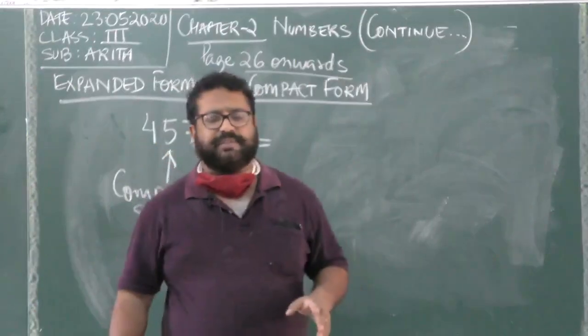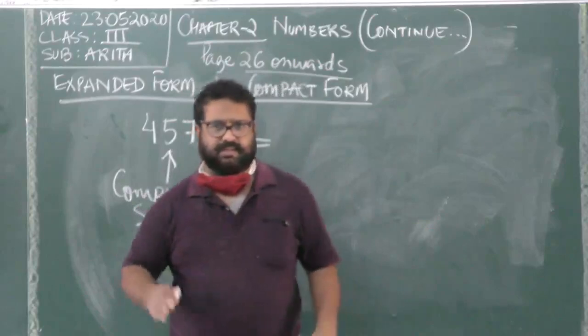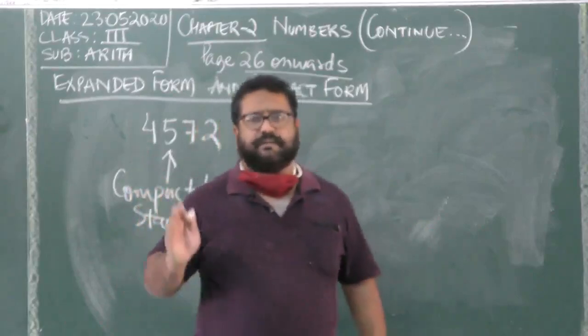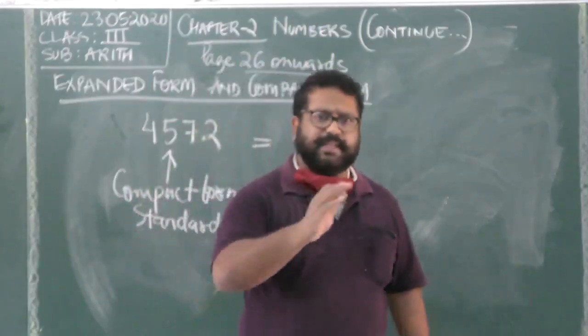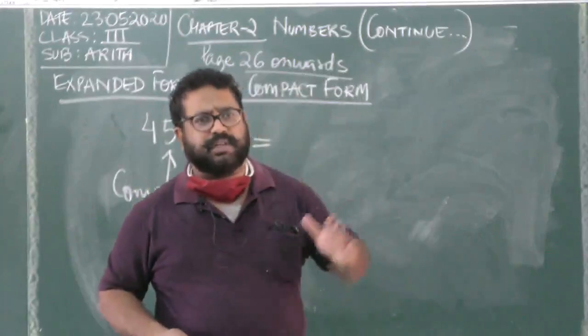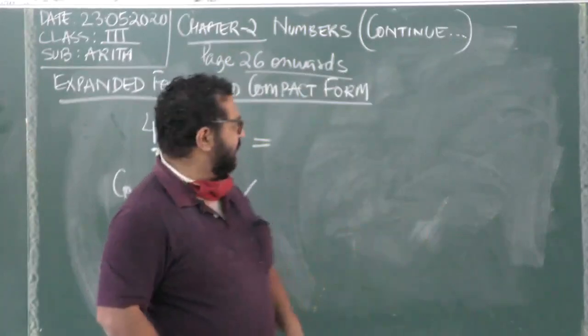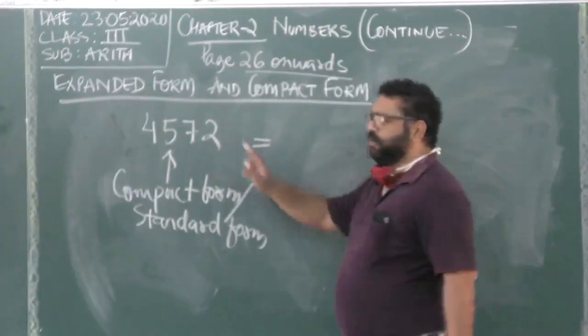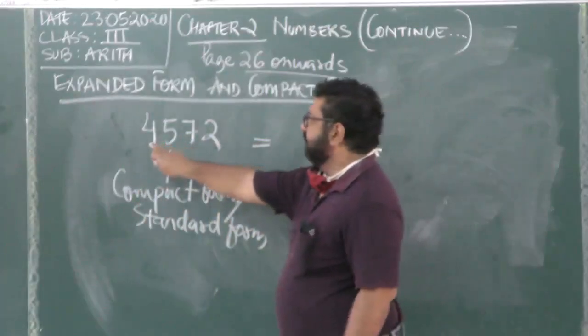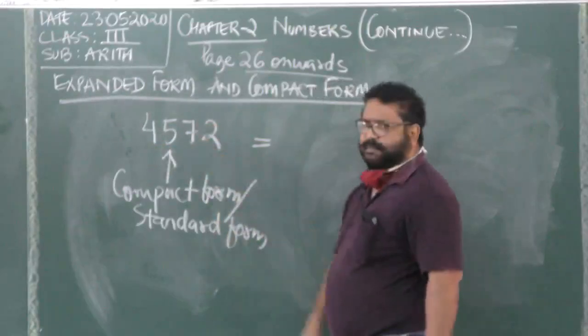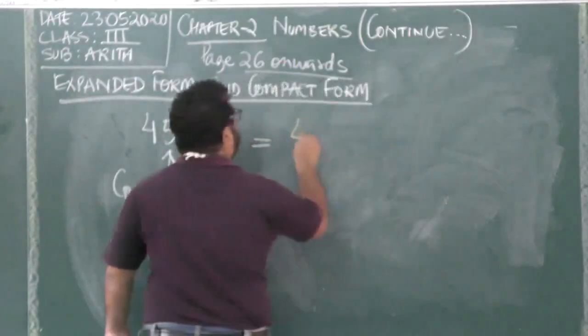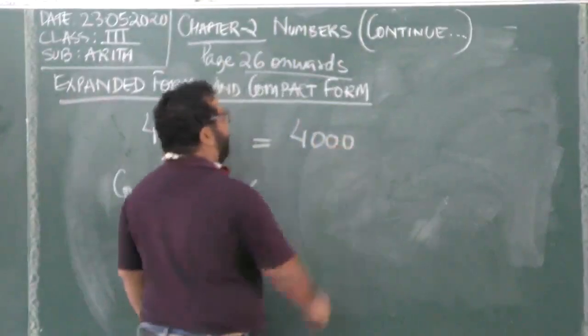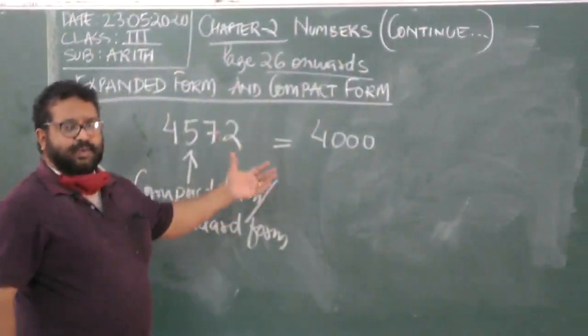Now when we are taking its place values, remember place value? The value of that number according to its place, whether it is in the ones, the tens, the hundreds, 1000, 10,000 and onwards. So here we know 2, 7, 5, 4. In the thousands place we have 4000. So we take this as its place value.